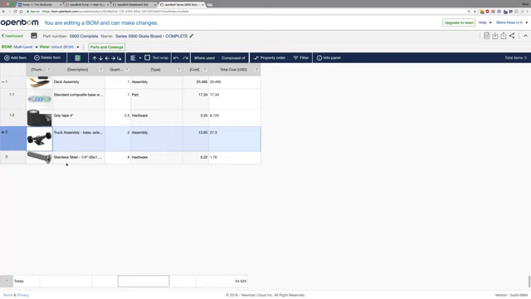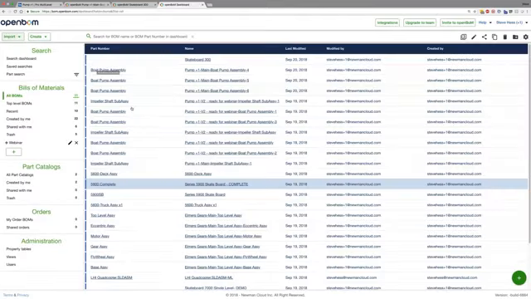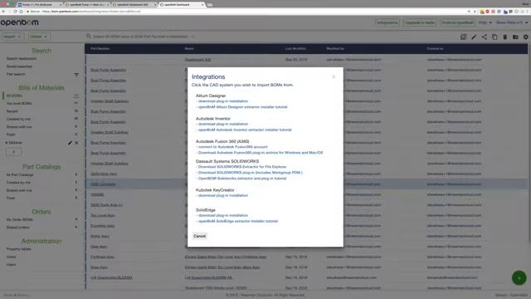Yeah, and Steve, if you can jump back to the OpenBOM dashboard on the screen. Absolutely. So there is an integration button on the top. And if you click on this integration button, you download available out-of-the-box integrations, and SolidWorks is one of them. So the plugin for SolidWorks will be fully integrated inside of SolidWorks. You will have a toolbar with features and functions and buttons, and functionality of bidirectional data exchange.